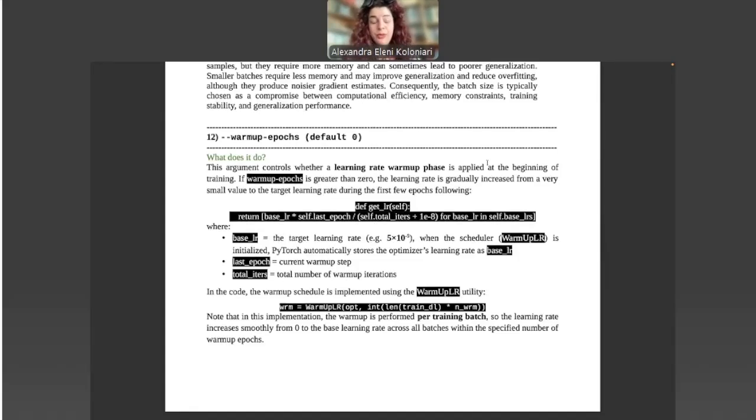Basically, what we do if we, for example, have 2 warm-up epochs is that we start from a very, very small learning rate, and then we end up through the 2 epochs with the learning rate that we have. So at the end of the second epoch, if we decided that we want warm-up epochs at 2, we will have the learning rate that we wanted. So that way we can stabilize the weights in the first 2 epochs, and then we give a large enough learning rate in order to be able to also explore the parameter space. So that is a training strategy. You can choose to use it or not to use it. It seems that for RSGW Model 1, that helped.